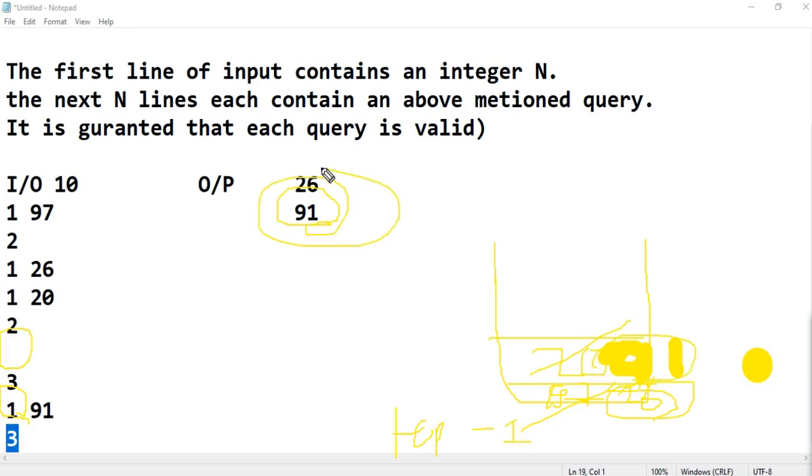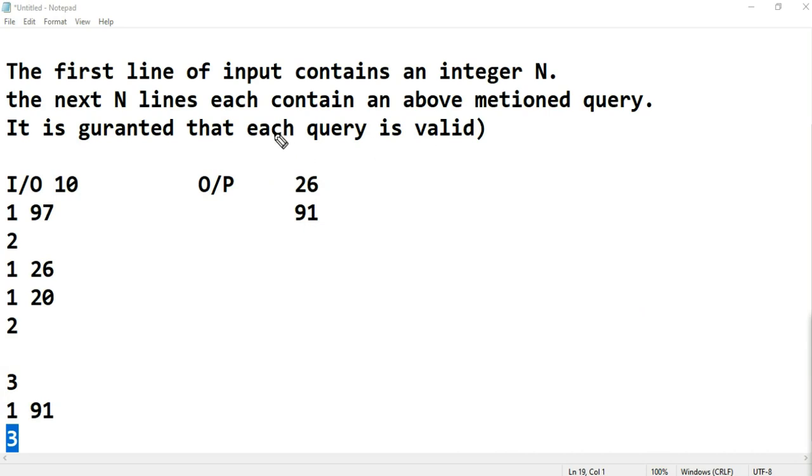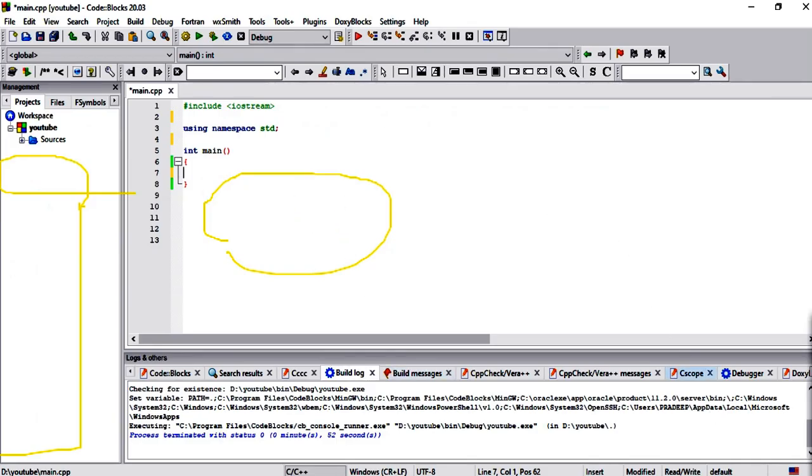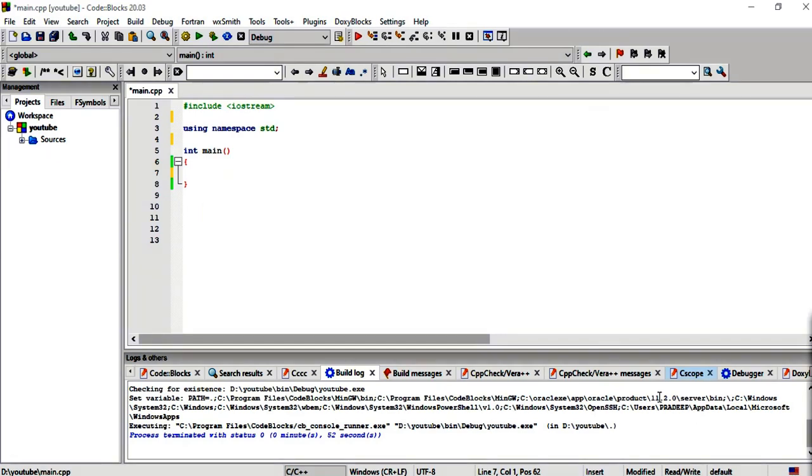I hope you understand how the output comes. So let's move to the coding part, where we can understand it best with our code. I hope you understand why we are taking input 10, how these operations are working, and how this output comes. I explained it as an example. Let's move to the coding part, guys. Let's open our code section area. Let's zoom in for you.